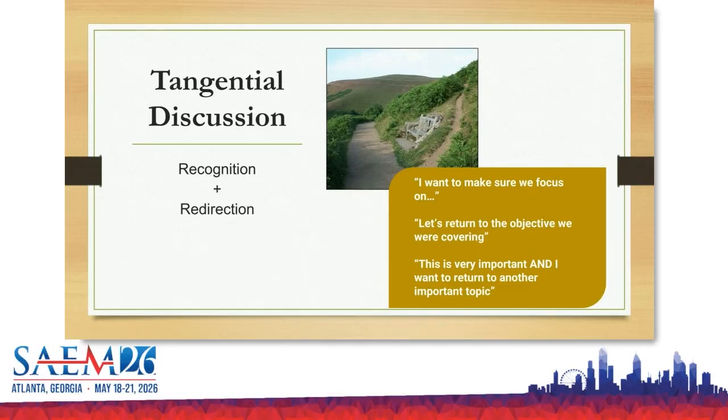Okay. Oh, and tangential discussions. Conversations can go everywhere and they can spiral out of control and then nobody knows what we're talking about. So you can recognize and redirect. Don't just ignore what somebody's saying, it's a little rude. Their thoughts are working and they're engaging and they're talking, and that's everything you want them to do. So you can acknowledge and say, wow, that vacation sounds really fun. Well, we're talking about breakfast foods right now, so let's talk about vacations later. The objective today is to talk about some breakfast foods. Let's do that, and then we can talk about the other.